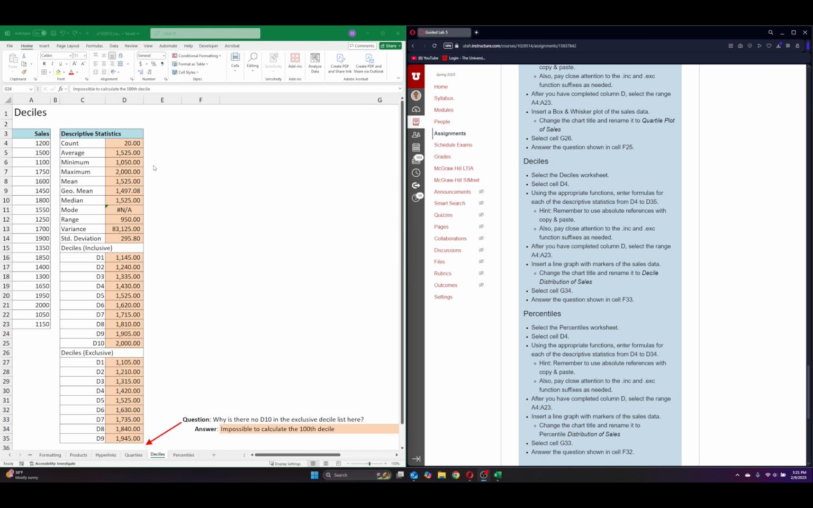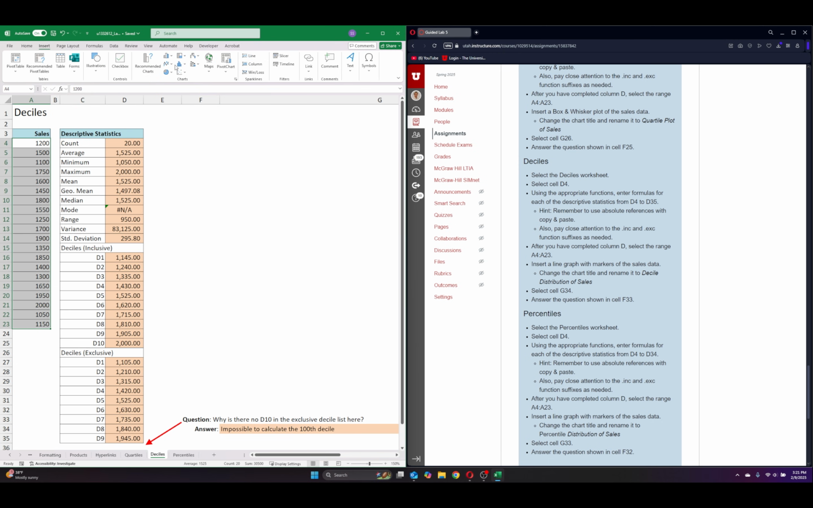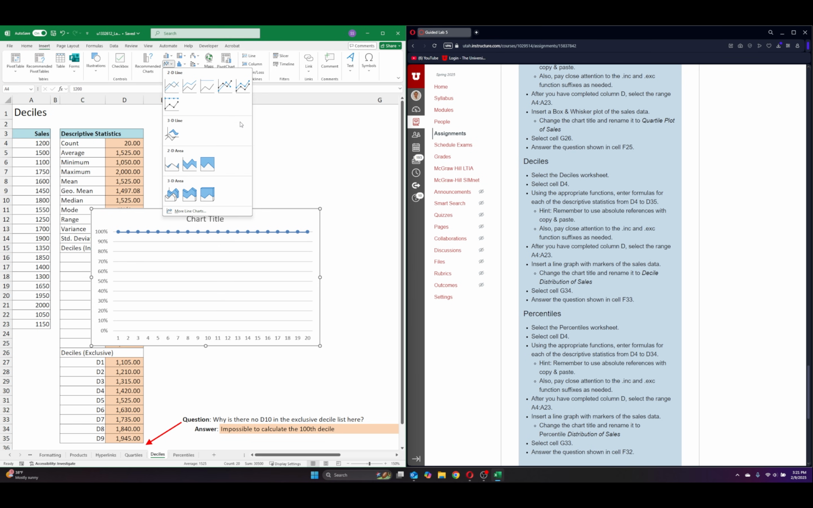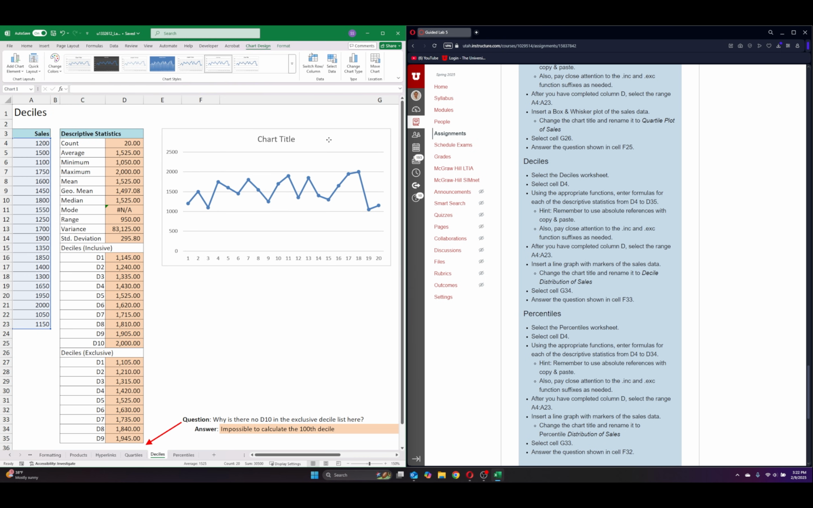Okay, once we answered this question right here, we're going to go ahead and select our sales, insert. We're going to insert a line graph, I believe. Yeah, line graph. Pick this one, and we're going to have to pick this one right here to show the data points. Go ahead and drag it over there. And now once we inserted that,